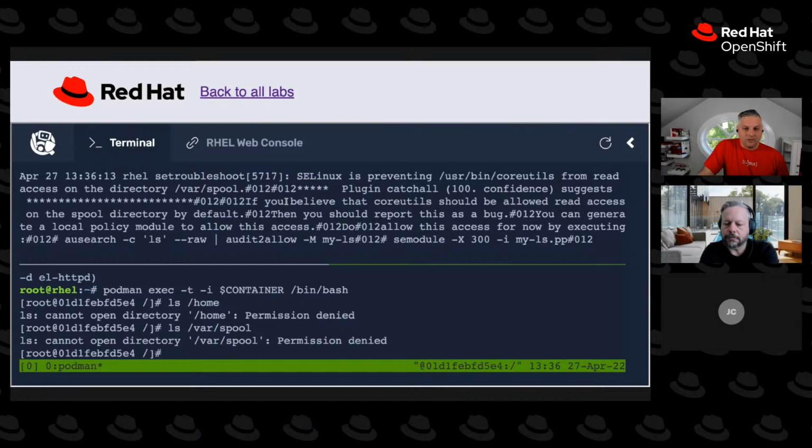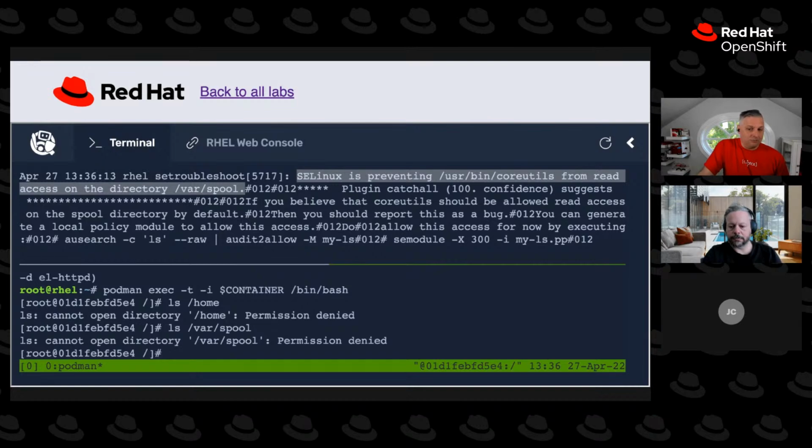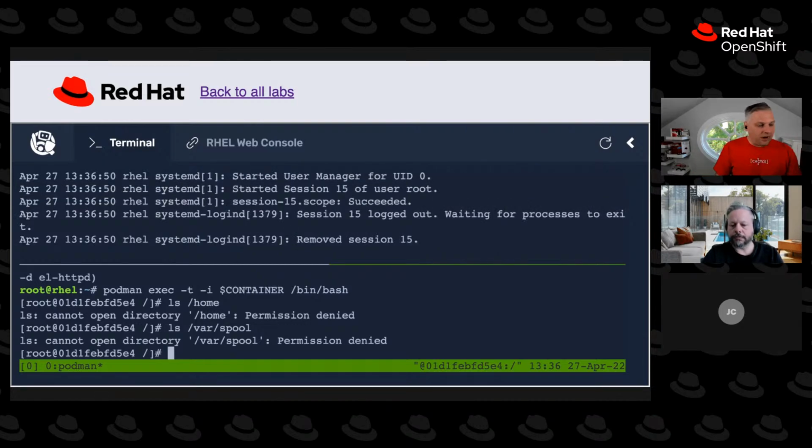Right? And so it's telling me that right here, this is probably the most interesting message, straight and to the point. SELinux is preventing our container from read access on the directory var spool. And then it gives us some stuff that we can do if we wanted to resolve that with audit2allow. So we know that it's an SELinux problem. Yep. Because we're doing things, we're seeing SELinux problems. All right, so to further drive that point home,